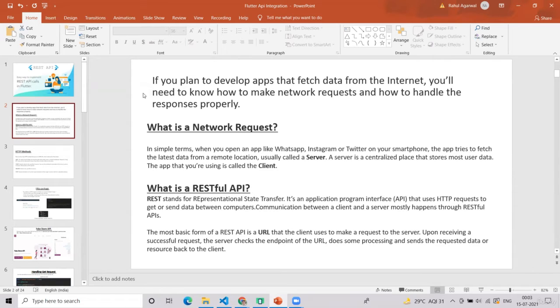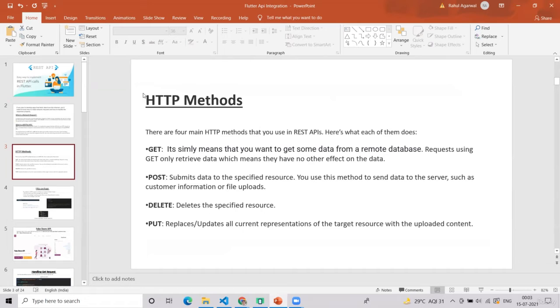So this is a very simple way of explaining. Definitely in the core technical side, it might be a little complex, but you just have to remember that we will send a request to the server and the server will give us some data. That's it.